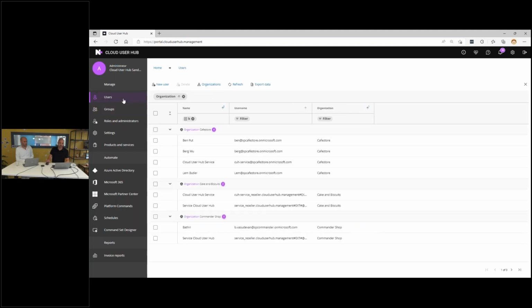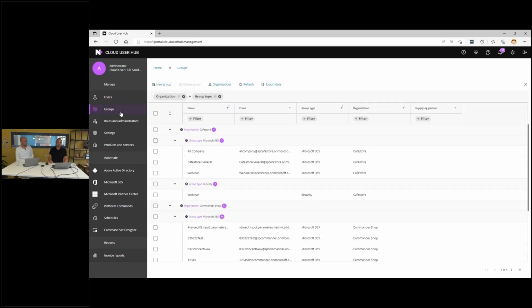Now the nice thing about this, I told you about the filters. So if I flip back, you can see that I keep the filters. It even kept my search result. So I searched for everything starting with B. And if I go back to groups, I have that same view again. So if you're in a certain flow and you need to set up a customer, or you need to set up multiple customers at the same time, then this is very powerful because you can just easily navigate.